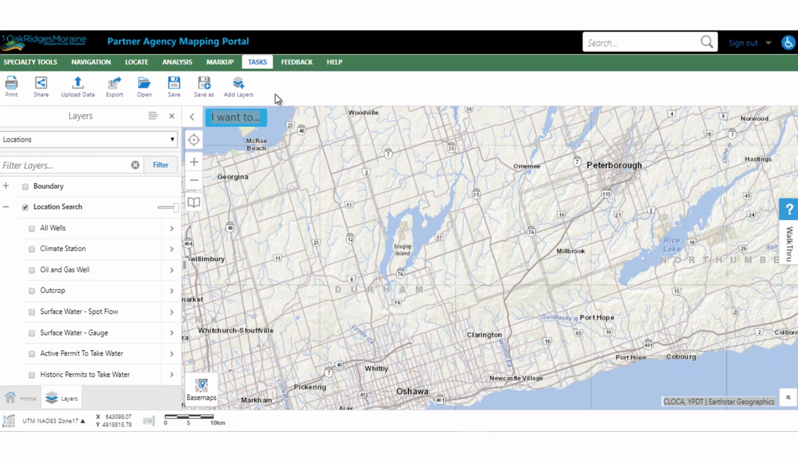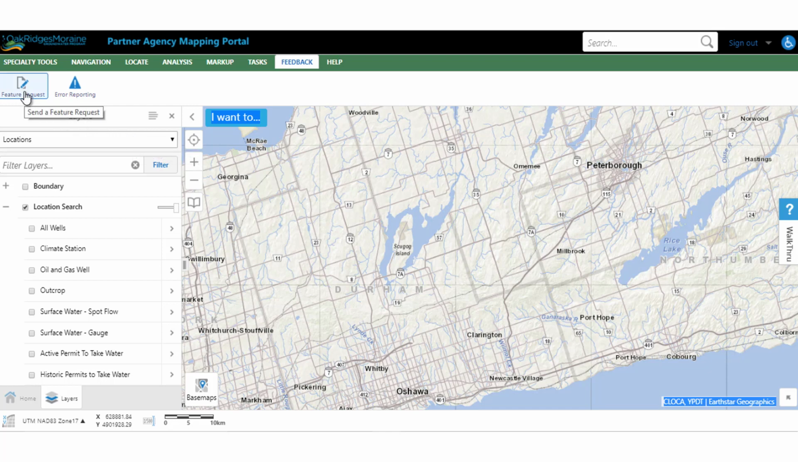We're going to explore the last two tabs, the feedback and the help tab. So while you're doing your work, if you think of something that could really be useful for you, or you think it might be useful for someone that we do not have, and you would like to put in a request for that feature, you can click this tool here,